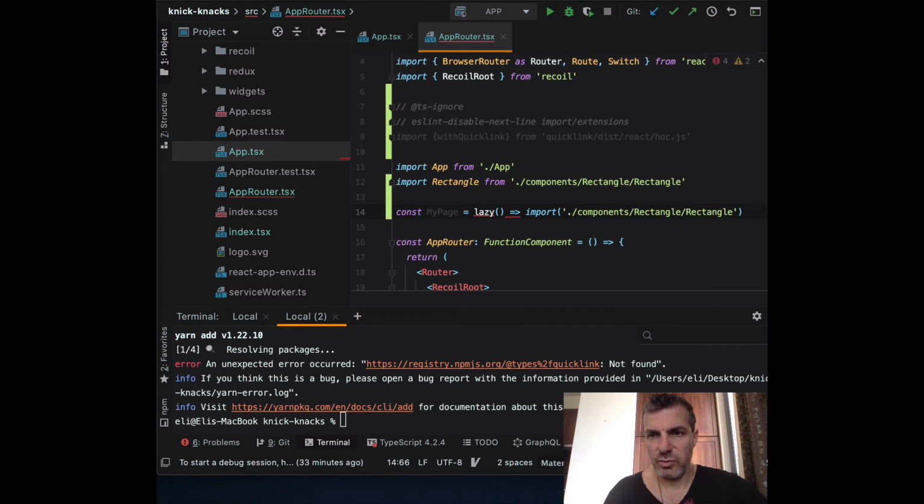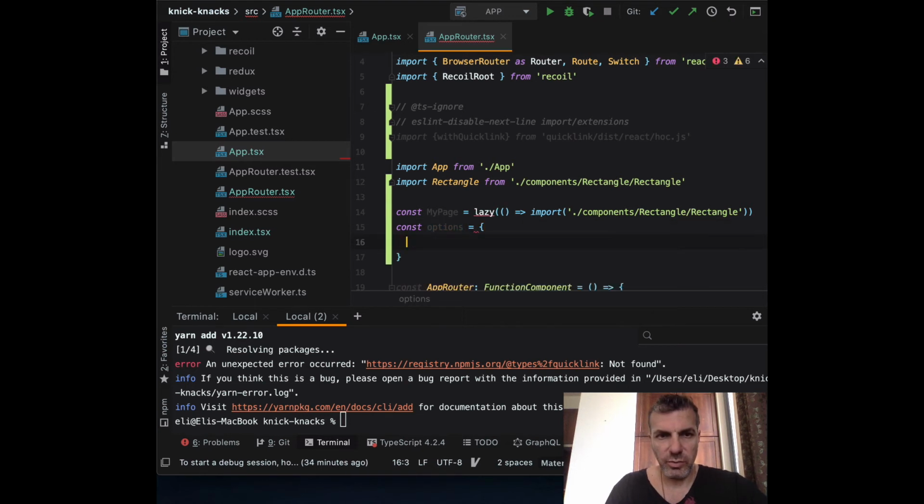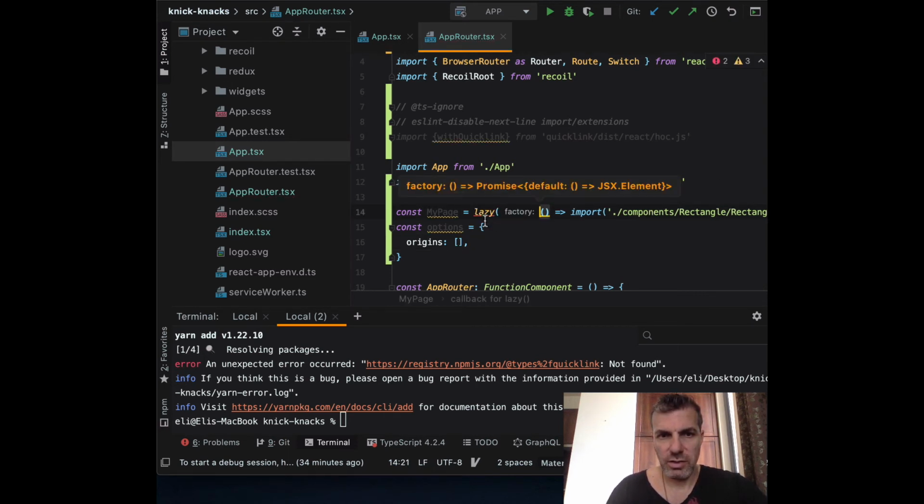and then we need to also specify, let's close it. I'm missing a tag. Okay, import, then we can close this. Another thing we need to set up is an options for lazy load, and this needs to be an array, and you can set origins, but I'm going to leave it empty. There you go. I imported the lazy,